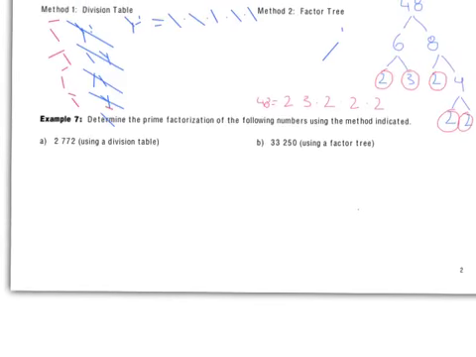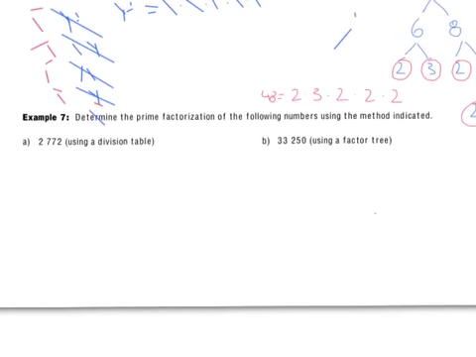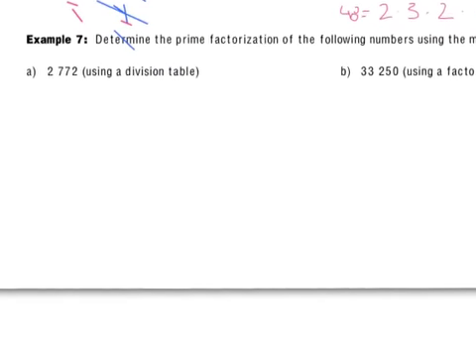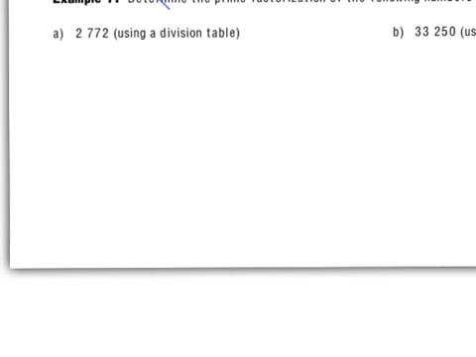On to some bigger numbers, and example 7, and I believe this is our last example of the lesson. So, alright. Big number, 2,772. Well, let's use the divisibility table here. And the obvious one again that jumps out at me is the number 2. So let's first of all write the number out here. 2,772. Do my little half box, and I'm going to put a 2 here in red because it's a prime number,